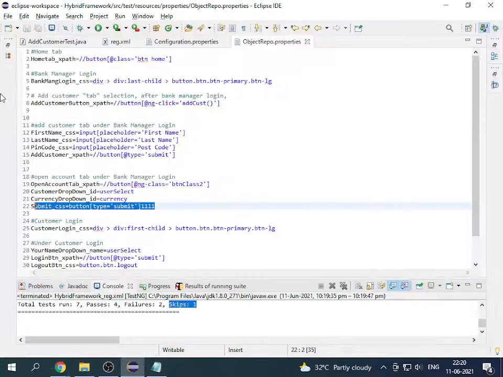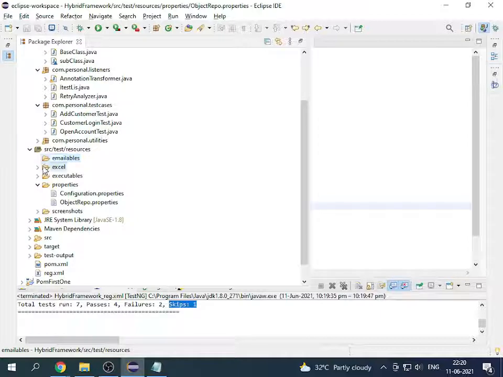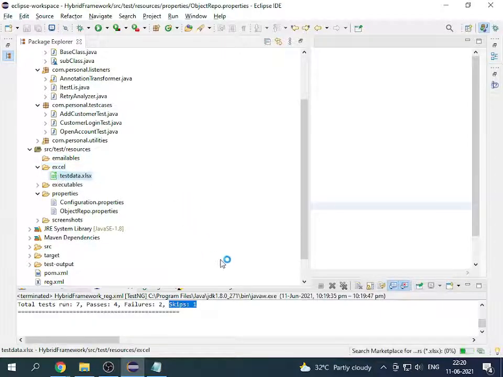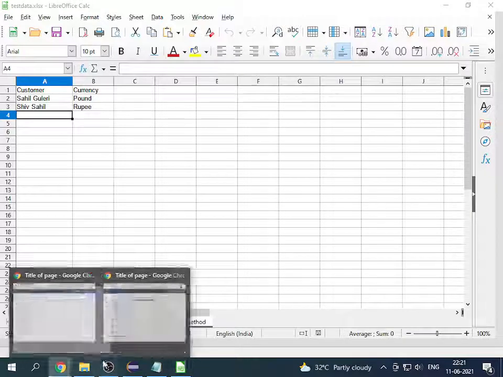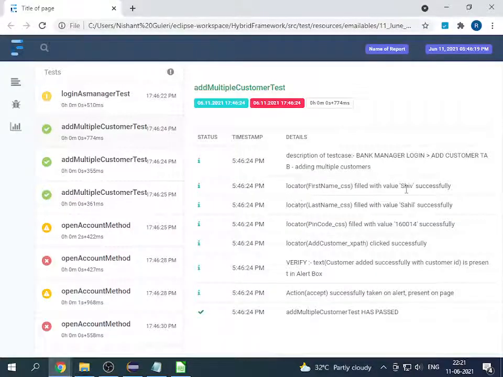In my Excel, if we open my Excel, this test case got executed 2 times for Sahil Guleri and Shiv Sahil. Let's see whether the data is correct or not.